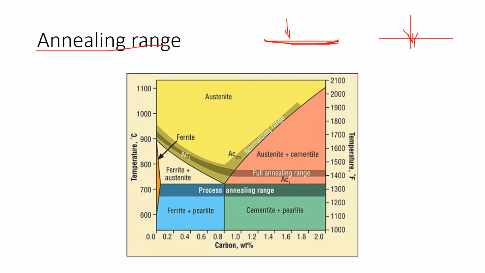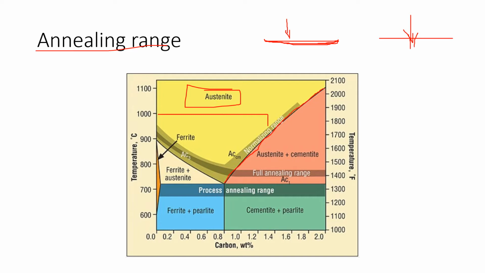Annealing range. In this figure we can find out the range of the annealing process. The yellow region is austenite. This is the region for austenite. When a material is cooled down from the melting point, say to 1000 degrees centigrade, this is the range of normalizing. This curve shows the normalizing range,